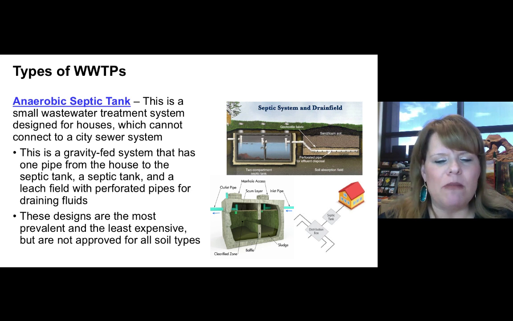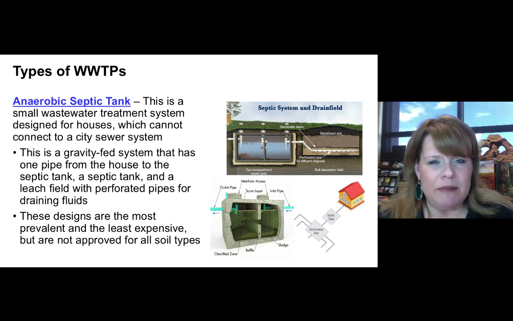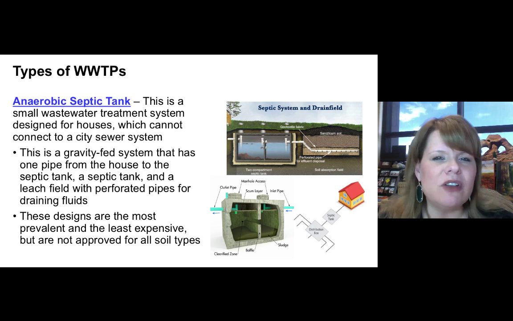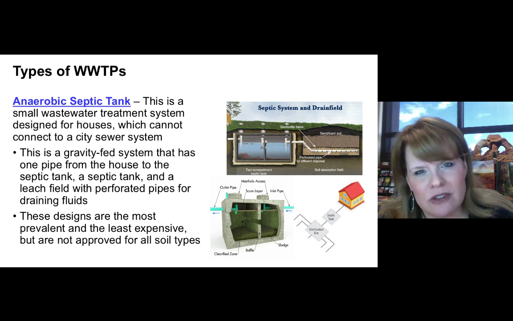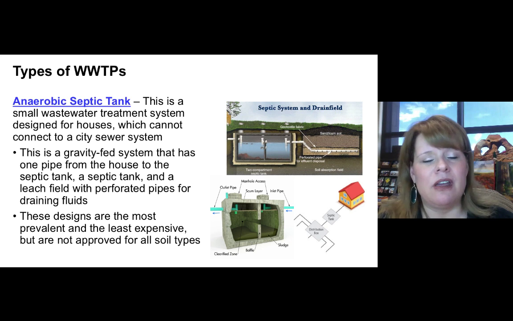So that last bullet point of not approved for all soil types is kind of important, because if you have an old septic tank that's an anaerobic or traditional system, at least in the state of Texas, once it fails, and let's say you're in the soil type that can't use an anaerobic system, or you don't have enough leach field land space, then you'll have to change your system, pull out the old one, and put in an aerobic